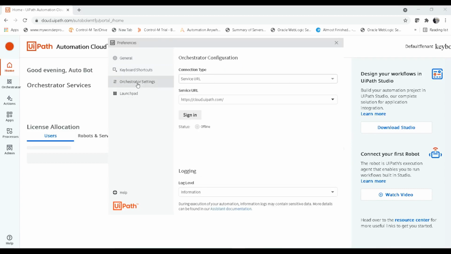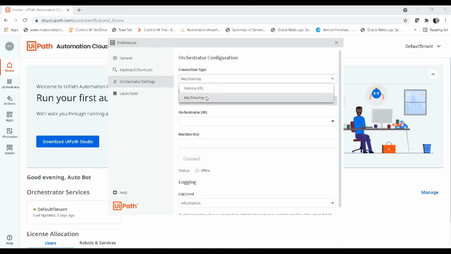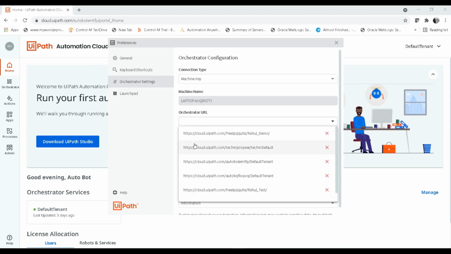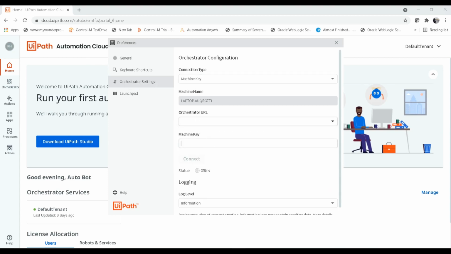Here go to connection type and select machine key. So we are going to connect to Orchestrator using the machine key. If we select machine key, we can see it is asking for an Orchestrator URL and the machine key details, and the current status of the UiPath Assistant is offline. It means it is not connected to the Orchestrator. Let me show you how we can complete this process and connect the UiPath Assistant to the Orchestrator.